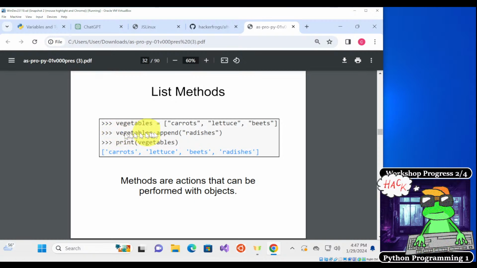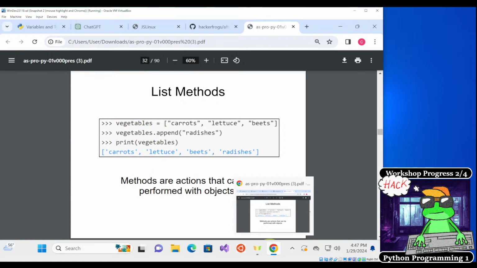Okay, so I'm going to, oh, I can't, that's not text, that's an image. So vegetables.append radishes. I'm just going to type it in chat for you guys. Should use single quotes.